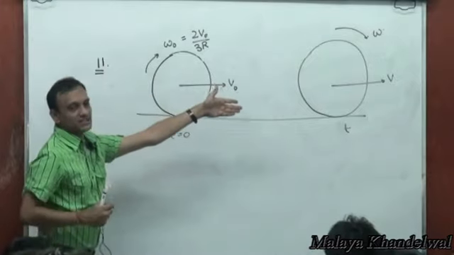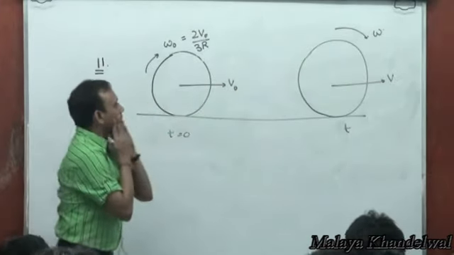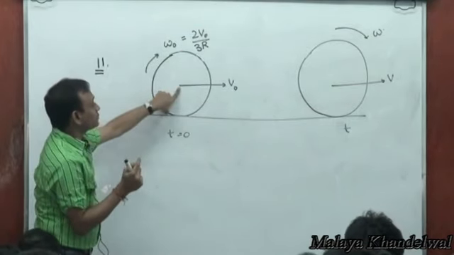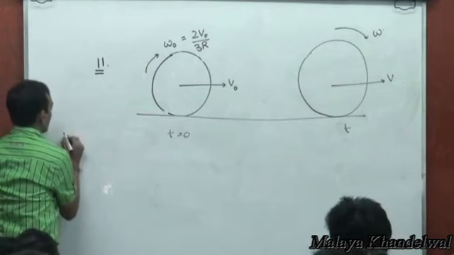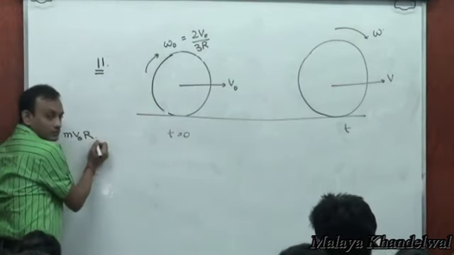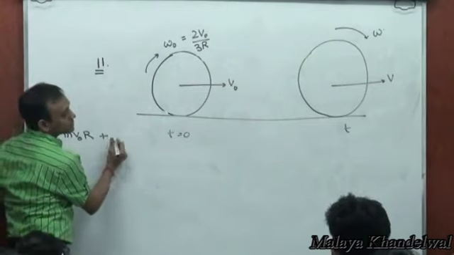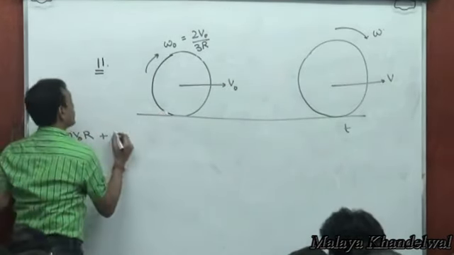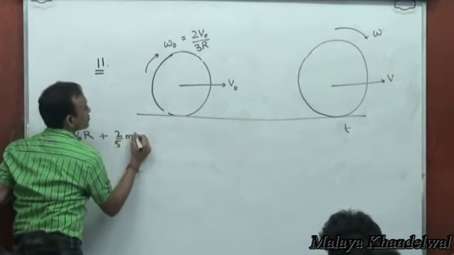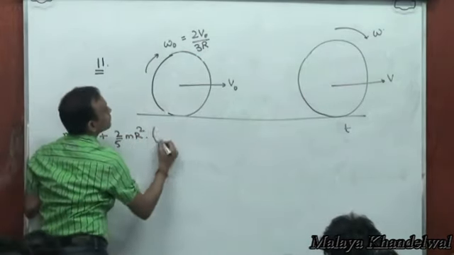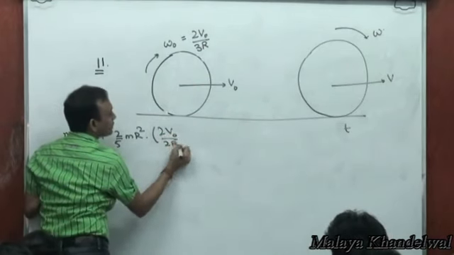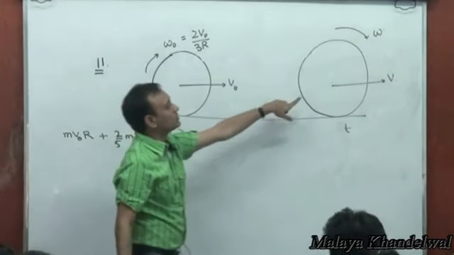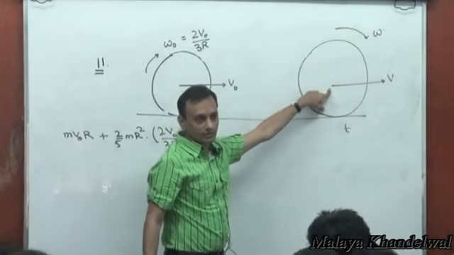So from this state to that state, the angular momentum about the point of contact is conserved, right? So angular momentum in this state is mv naught r plus the solid sphere, so 2/5 mr squared into omega naught, 2v naught by 3r. ICM omega, that's the angular momentum about the point of contact here, must be equal to angular momentum about the point of contact. It would be,